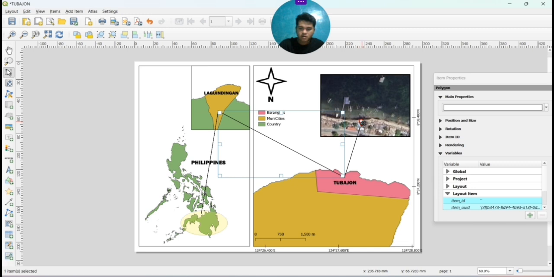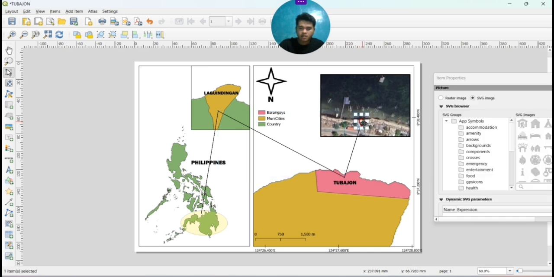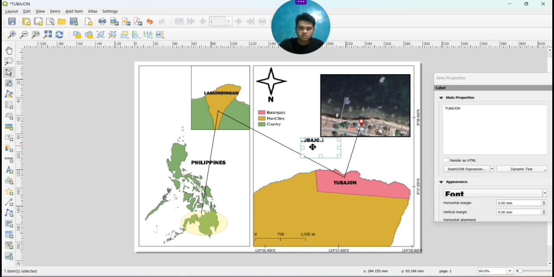And I just want to have the label for the study area. So click the text that was already there. So this is what we have done earlier. Here, we just change it to study area.